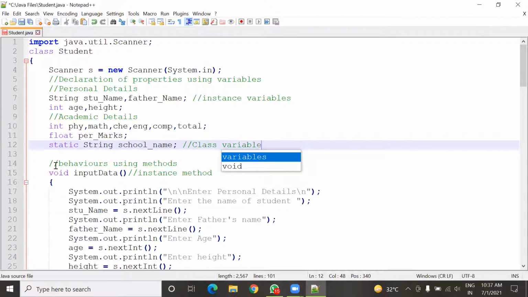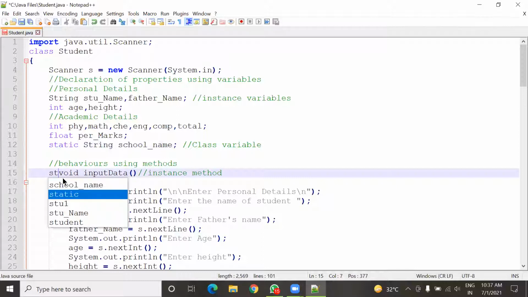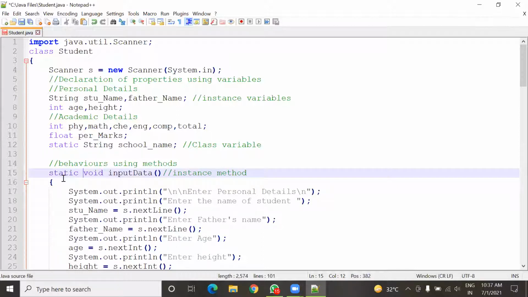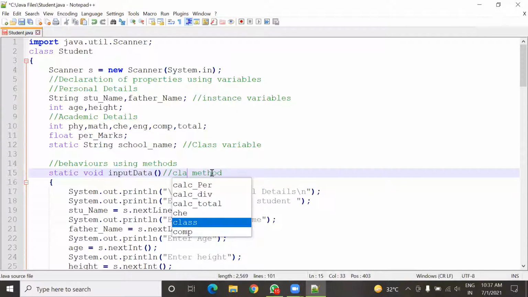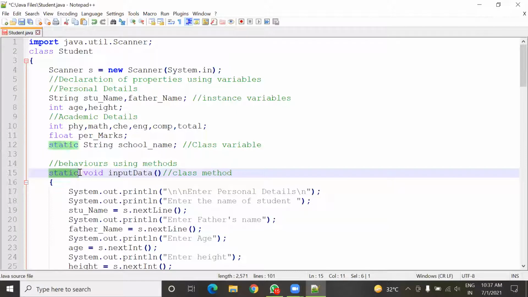And if I put static just before any method, then it is not an instance method now. It becomes a class method, just because of this static keyword.